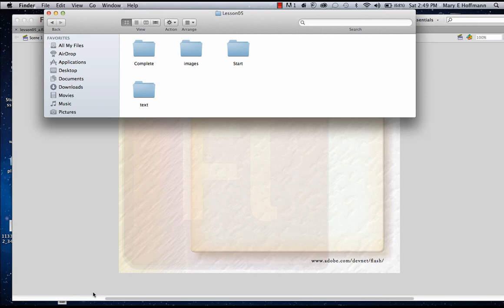Okay, so we're going to work with lesson 5. Lesson 5 is using ActionScript and components to load in content. First, what I want you to do is just open up the folder for lesson 5, and you will